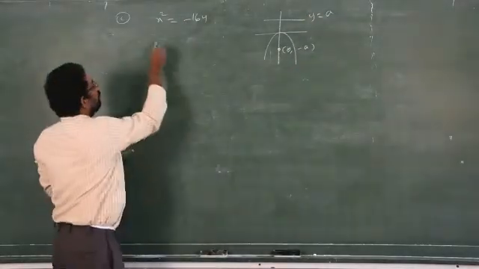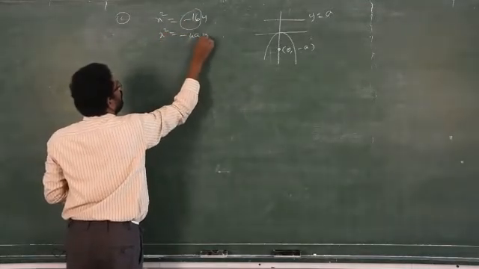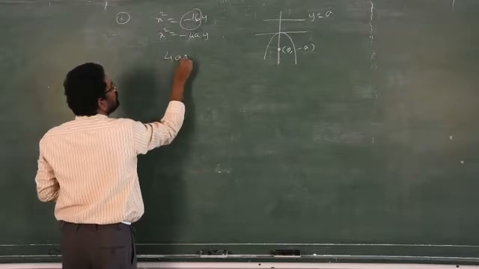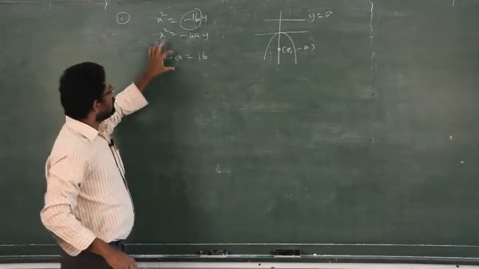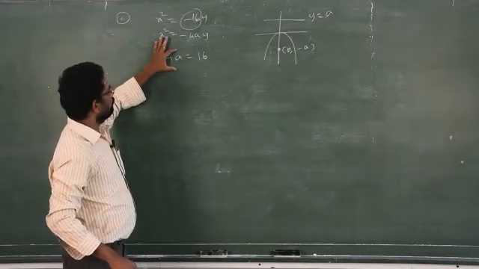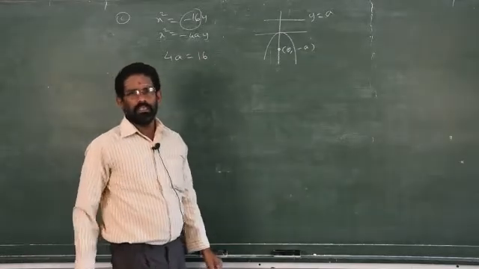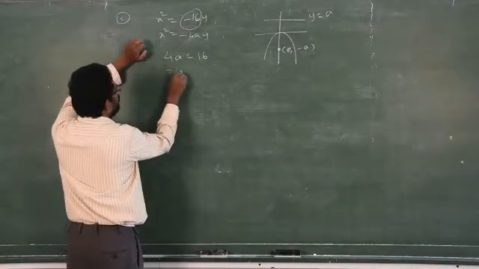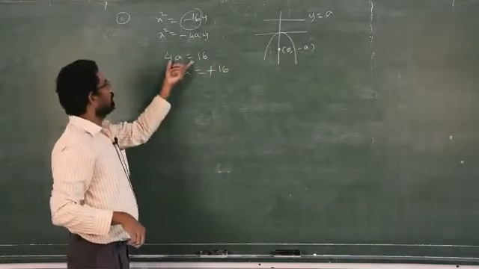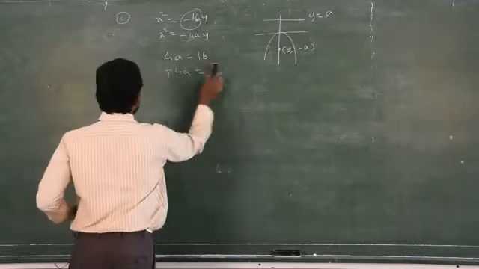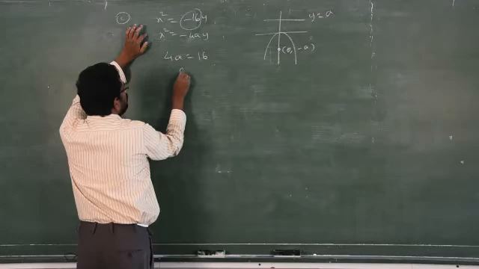That's over. x square is equal to, this is replaced by what? Minus 4ay. But I told you to always take 4a positive, though it is given a negative sign. This is the length of the latus rectum, so you have to take 4a is equal to, though it is given minus, you always take 16. If you take minus 16, then you have to take minus 4a is equal to minus 16. Both will get cancelled. Clear? So you will get the same result. That's what I told you, to always take 4a equal to the positive value even if it is given with a negative sign. So a is equal to how much?